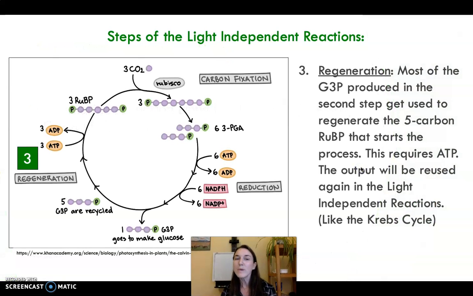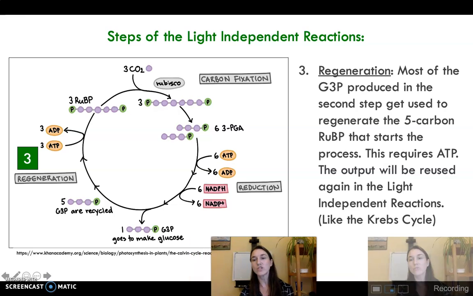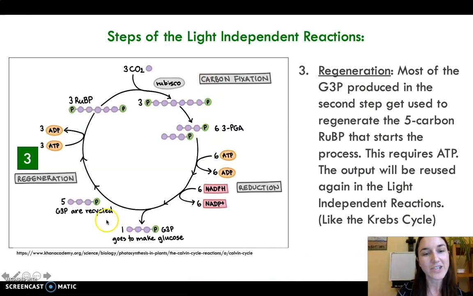Okay. And then remember, in order for this to be a sustainable cycle, we have to have this third regeneration step. And in this regeneration step, if we think about this process happening in 6 different places simultaneously, because there are so many rubiscos floating around in the stroma of the chloroplast, so this is happening 6 times simultaneously, right? And it turns out that sort of 5 out of the 6 times, these G3Ps are actually just being used to regenerate RuBP. And 1 out of the 6 times, that G3P is going to go off and make glucose,